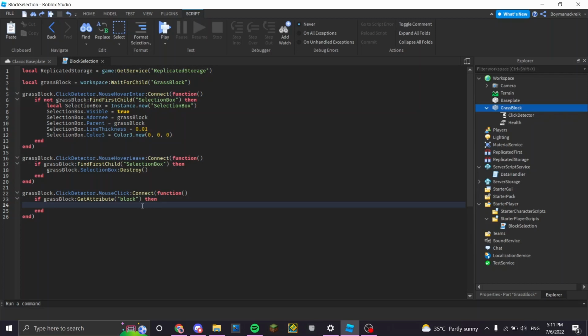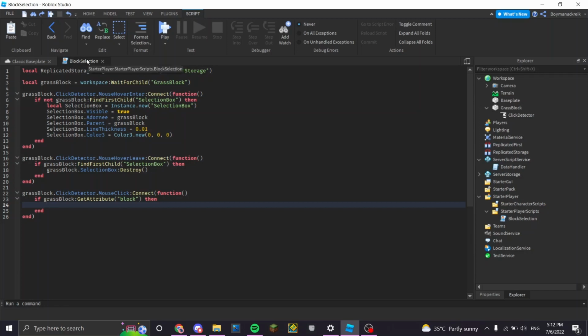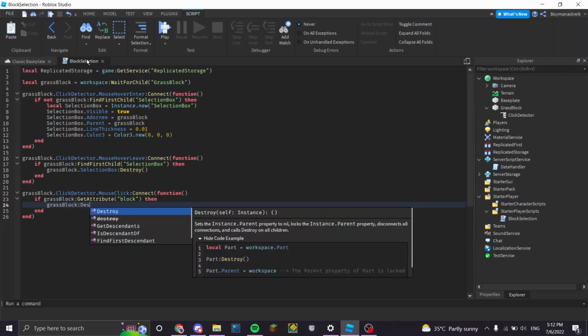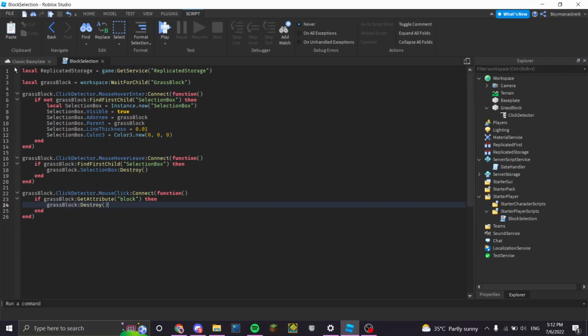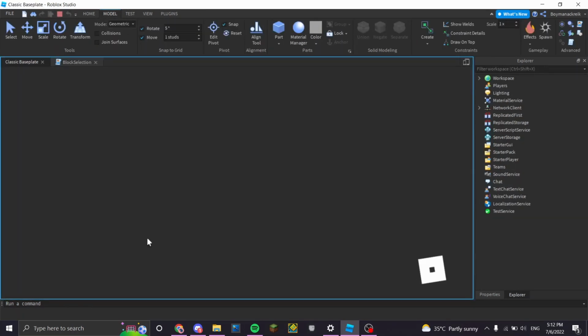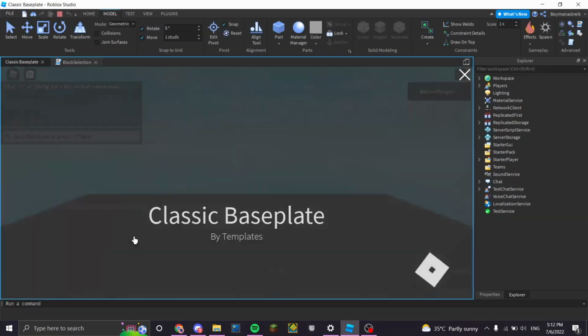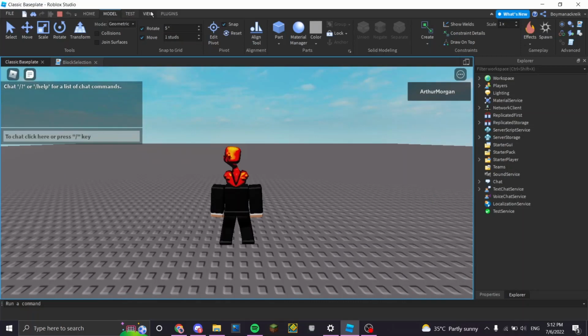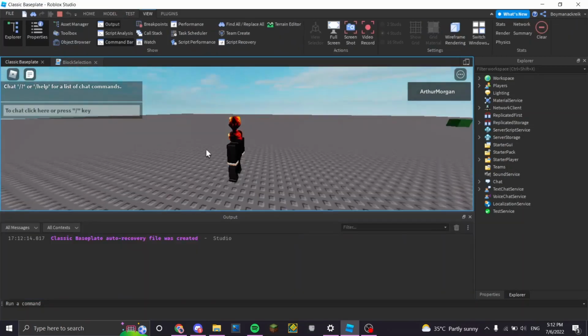For now, actually, I'm going to do it in episode 2. We're going to add a thing for health. If it is a block, we're going to do this: grassBlock:Destroy(). Once we've done that, it should work. The selection box should work. If it doesn't work, then I'm dumb. Right, so let's open up this and